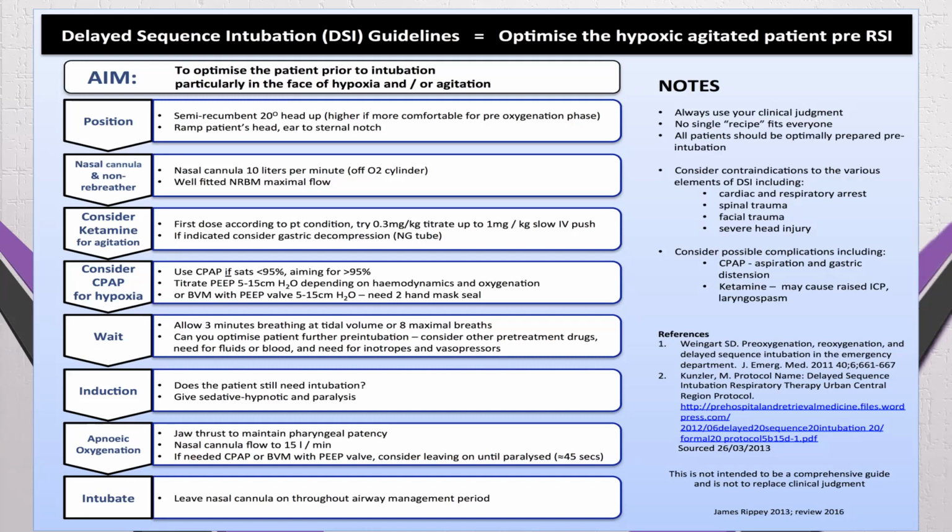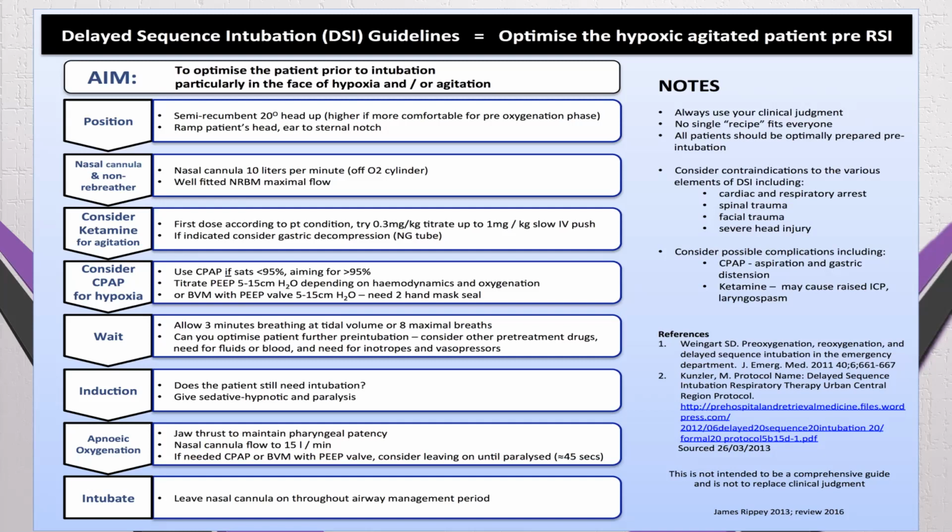Higher, even higher, can improve or make comfortable the pre-oxygenation phase. In an obese patient, put your patient in the RAMP position, maintaining the external auditory meatus at the level of the sternal notch. Put on nasal cannula and non-rebreathing mask, with the nasal cannula at a flow rate of 10 liters per minute, and you have to fit the non-rebreathing mask well. Then consider the use of ketamine for agitation, or as I mentioned, any drug